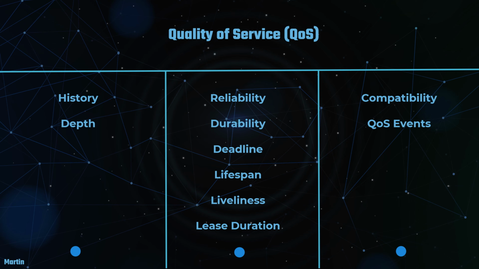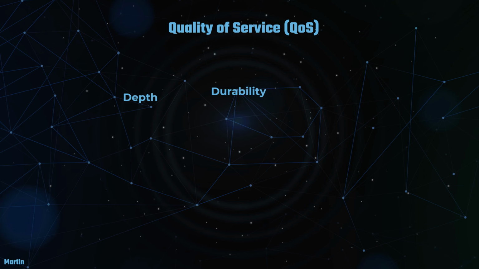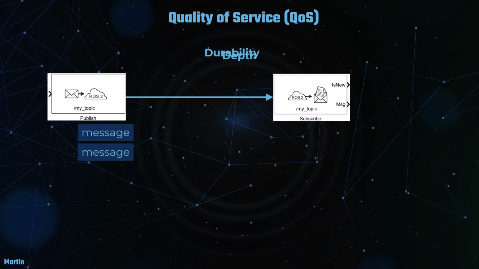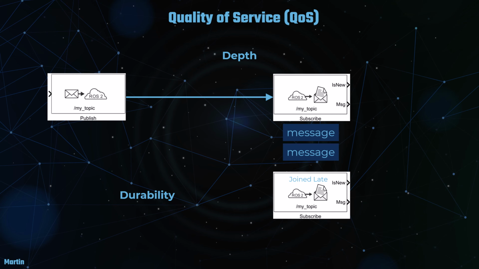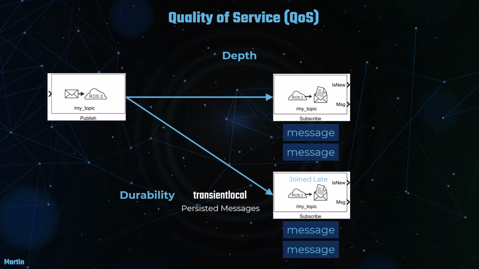Next, we will explore the concept of durability. The durability QoS policy controls the persistence of messages for late joining connections. When durability is set to transient local for a publisher, messages that have already been sent are maintained. If a subscriber with transient local durability joins the network later, the publisher will send the persisted messages to the subscriber. In this example, with the depth set to 2, the late joining subscriber will receive the last 2 messages